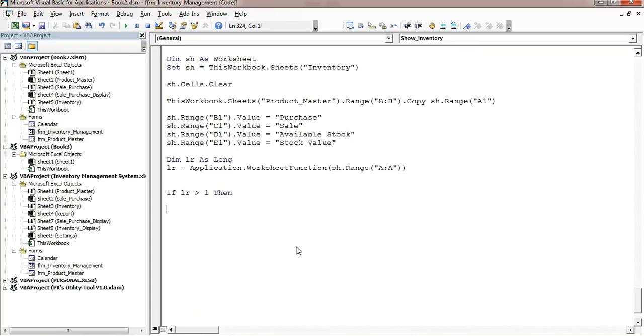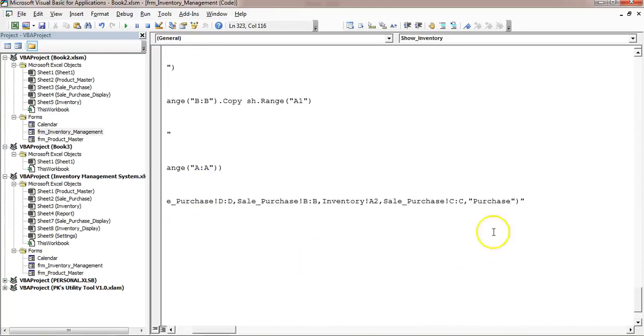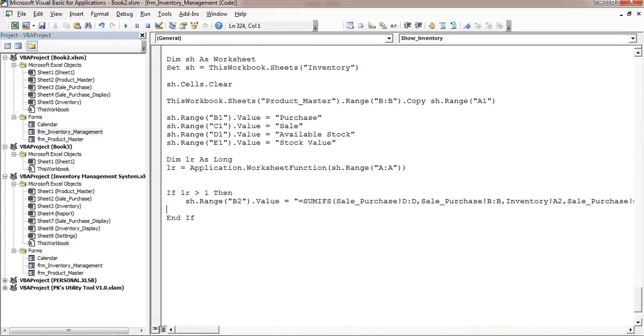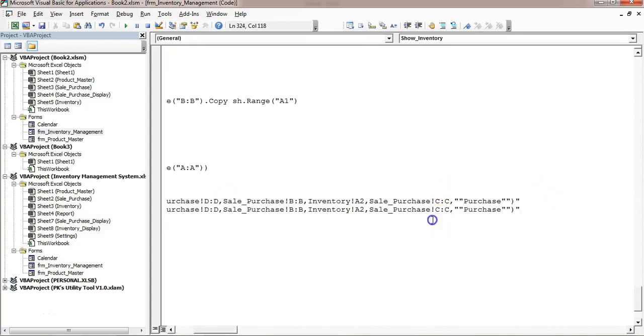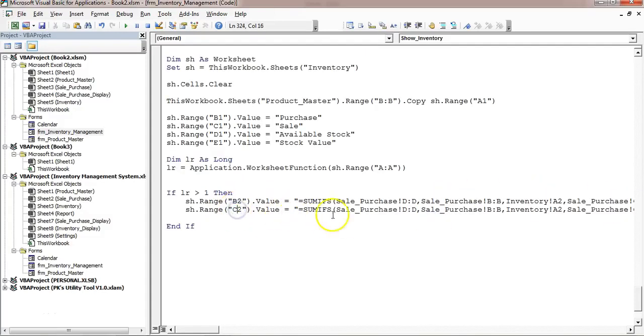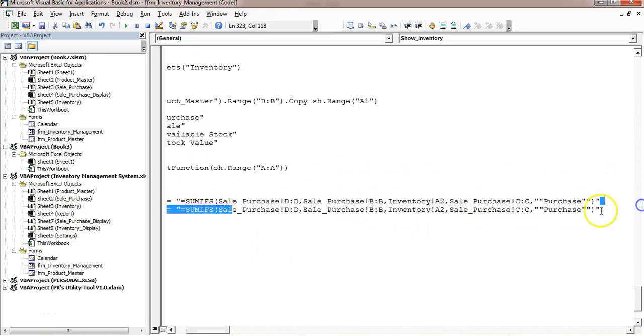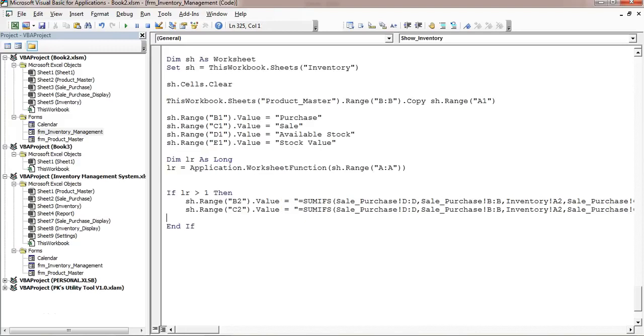Alright, then we will put this formula sh.Range, will put on B2.Value, put this formula, and for purchase we will put double quotes here. Now copy the same formula, and this is for C2. We will make only this difference. In place of purchase we will take sale.